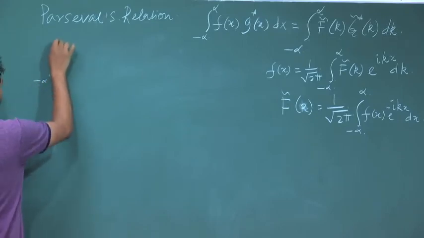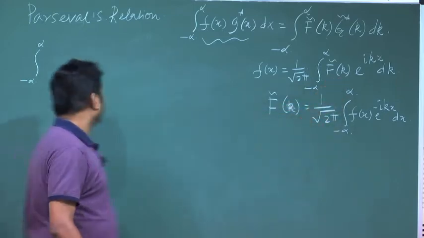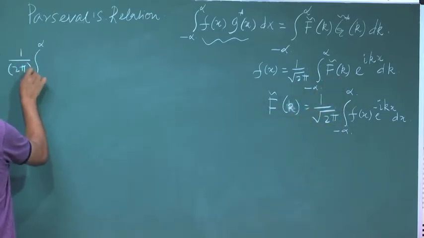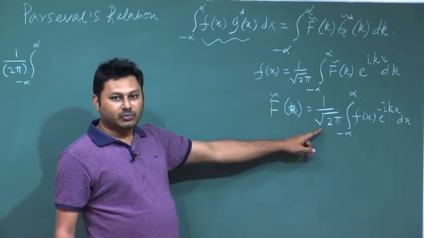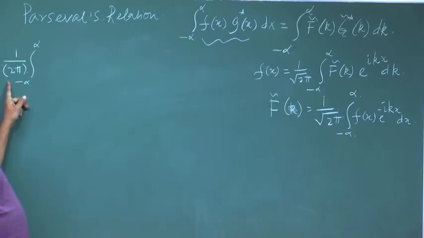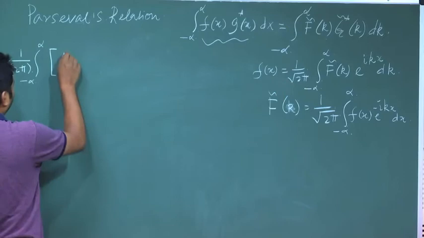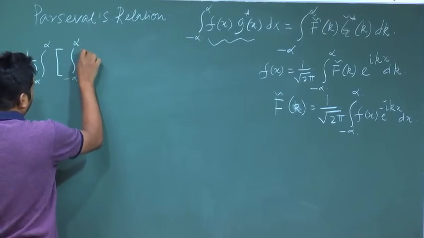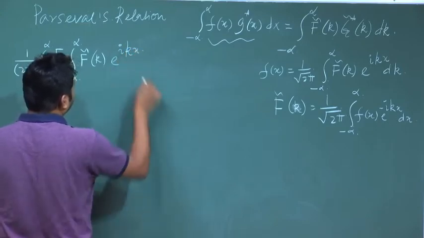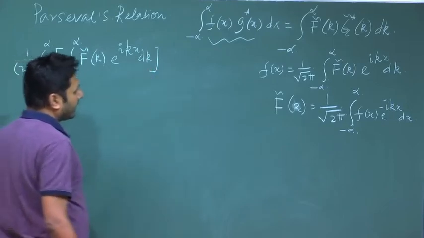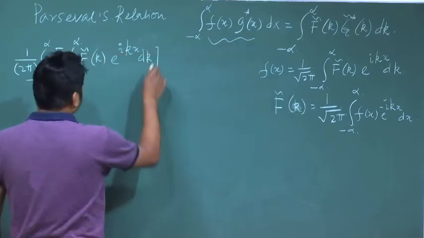So minus infinity to infinity, if I write this quantity in terms of this, then it should be 1 by 2 pi, because for f(x) I will have 1 by root 2 pi. When I put g star(x), I will have another term 1 by root 2 pi. So I write it here as 1 by 2 pi, minus infinity to infinity. Now I should write my f(x) with this, which is the integral from minus infinity to infinity of f tilde(k) e to the power of i kx dk. This is one term, and another term is g star. So g star means I should write here in this way,